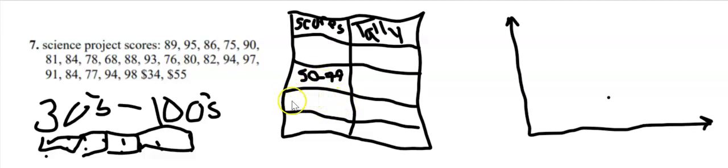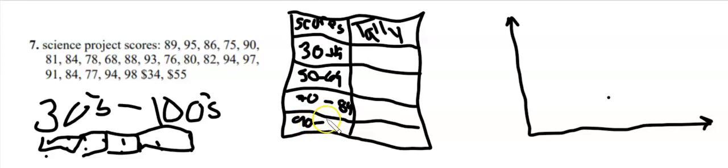Sorry about that. Let's go back and fix that. So I had 30 to 49 here, and then right here I'm going to do 50 to 69, and then I would go 70 to 89, and then 90